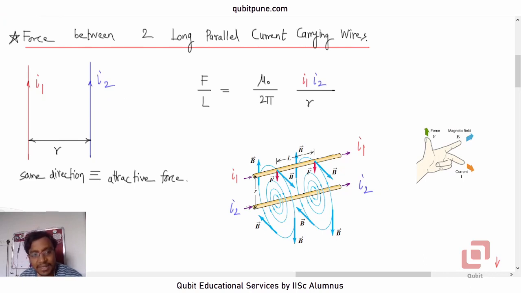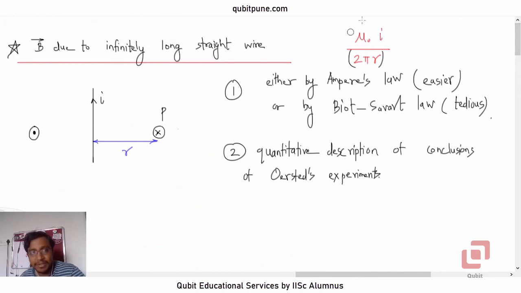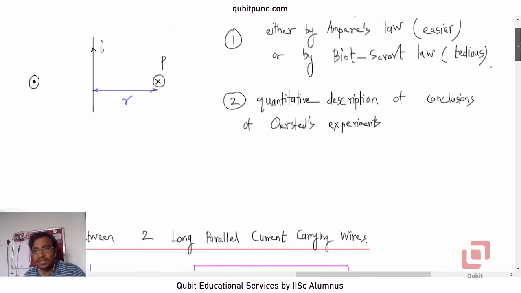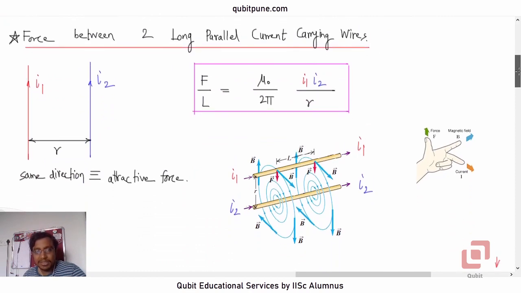Because these wires are infinitely long, we don't talk about the net force, but we talk about force per unit length. Because of the way the expression is, you expect interchangeability. That means the same force must be there on I1 due to I2 and also on I2 due to I1 per unit length. So the expression is mu naught I1 I2 upon 2 pi R, and here that mu naught I1 upon 2 pi R is actually the expression that you have got for an infinitely long straight wire. Let us try to determine why this force is attractive.